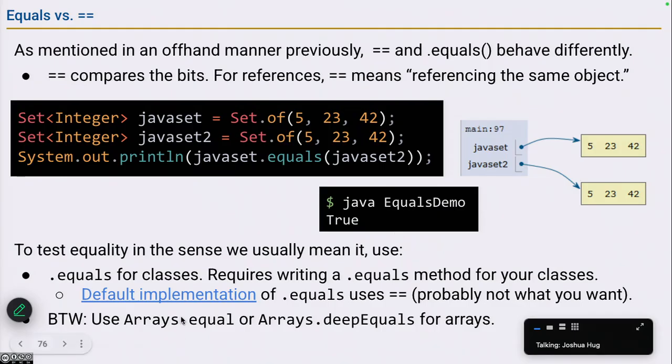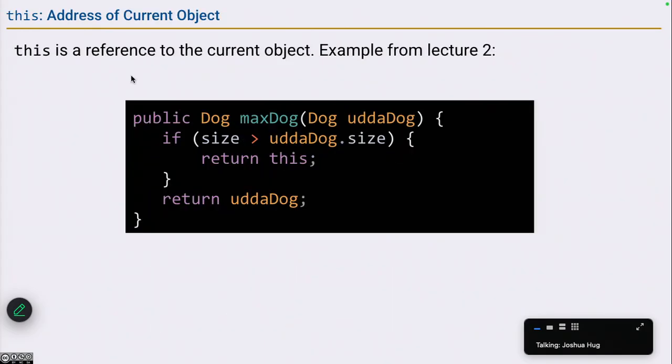But if you use arrays.equals, it'll say true. And if those arrays are actually of references, then you'll need to use arrays.deepEquals to do comparison. This is a little beyond the scope of our class, but I'm just mentioning it in case it bites you later. Okay. All right. So what we're going to do is give you an example of how we can fix